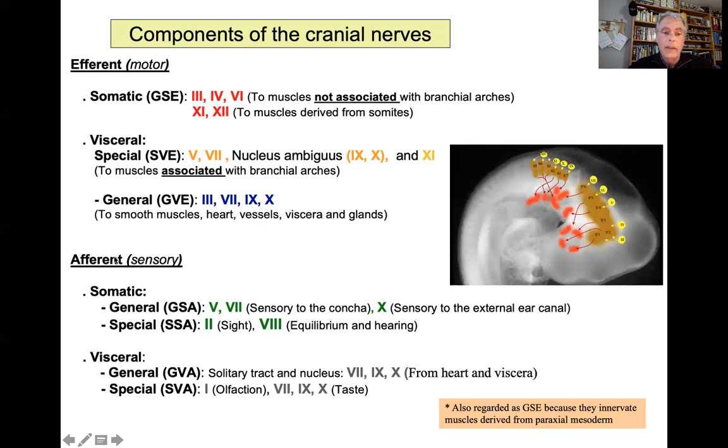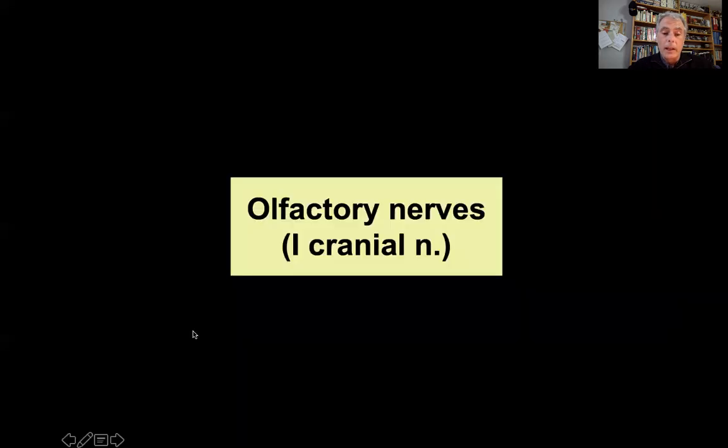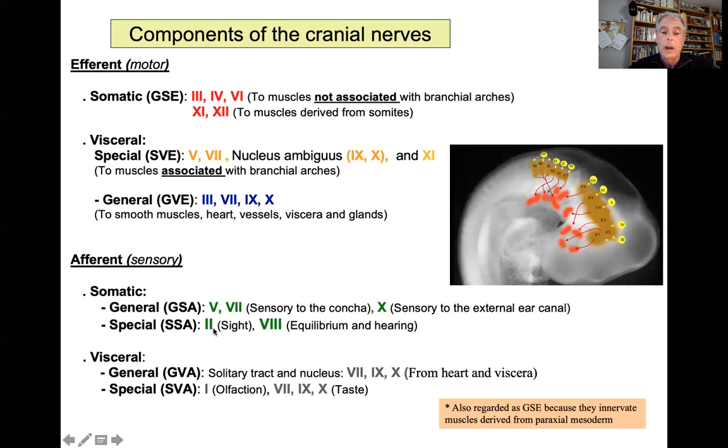We also have an afferent or sensory component, divided as well into somatic and visceral. Somatic is of two types, general somatic afferent and special somatic afferent. The general somatic afferent component is in nerves trigeminus, facial, this is for the sensory of the concha of the ear, and vagus, sensory to the external ear canal. The special somatic afferent component is included in nerves optic nerve for sight, and vestibulocochlear nerve